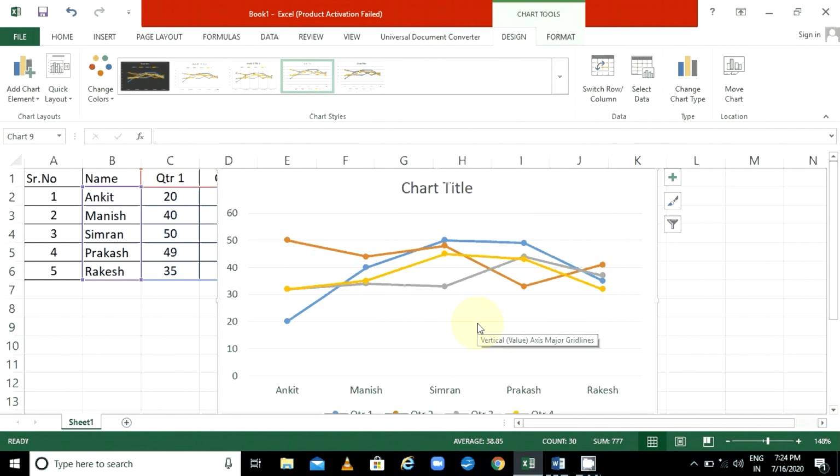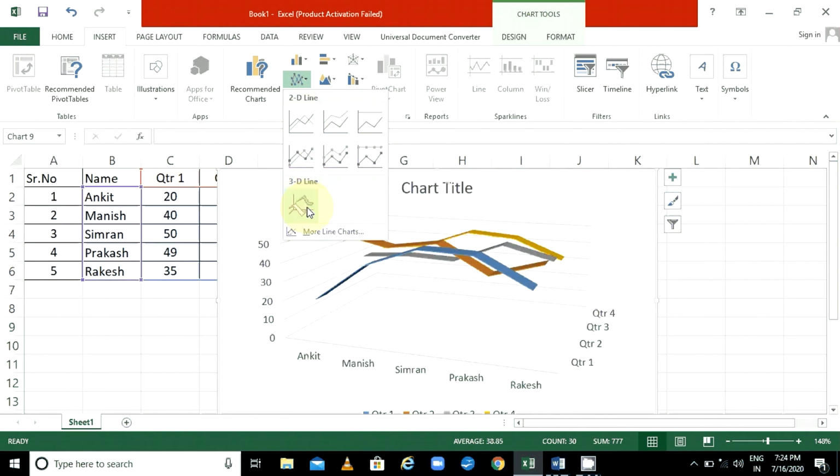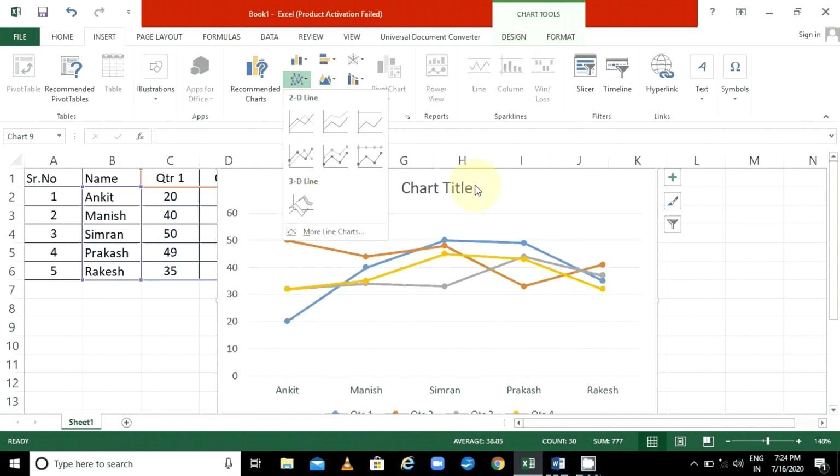So whenever you want to plot something that is trending value, so trending value may be used by this line chart. So line charts are the best example for plotting your trending values on the chart. So that time you can use the line chart. Okay, it is already given, show trends over time, years, months and days or categories. So you can pick accordingly. Use it when the order of categories is important and there are many data points. So these uses are given here. You can understand from that point also. 3D line is coming like this. So that also you can use.